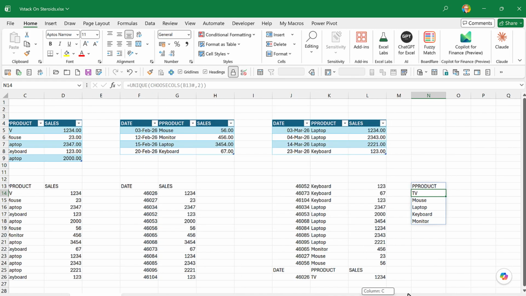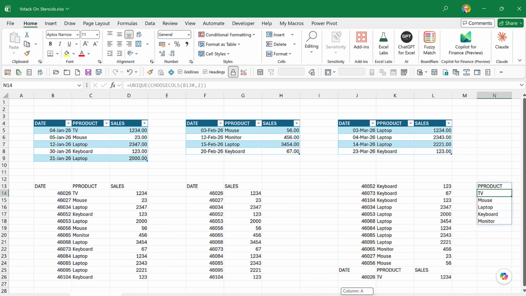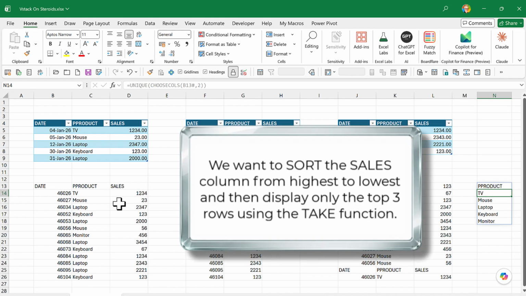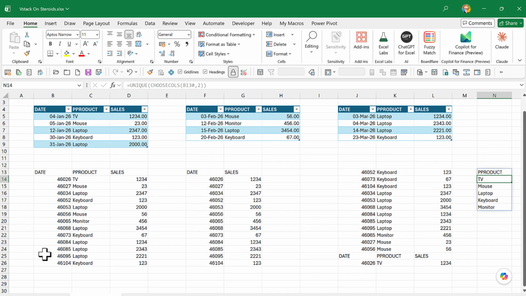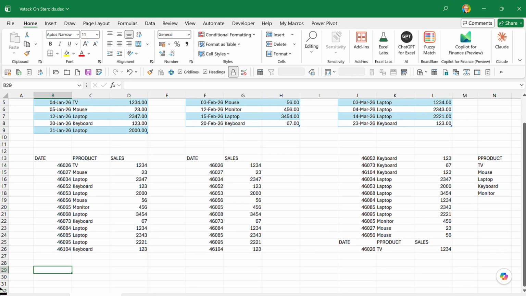What I want to do next is take this list from the VSTACK and sort it by the sales value from highest to lowest, and then I only want to see the top three. For that, I'm going to use another formula, which is called the TAKE formula. So let's break it down. I'm just going to do it here at the bottom, it's just easier to see on one screen. So let's first do the sort. I'm going to sort